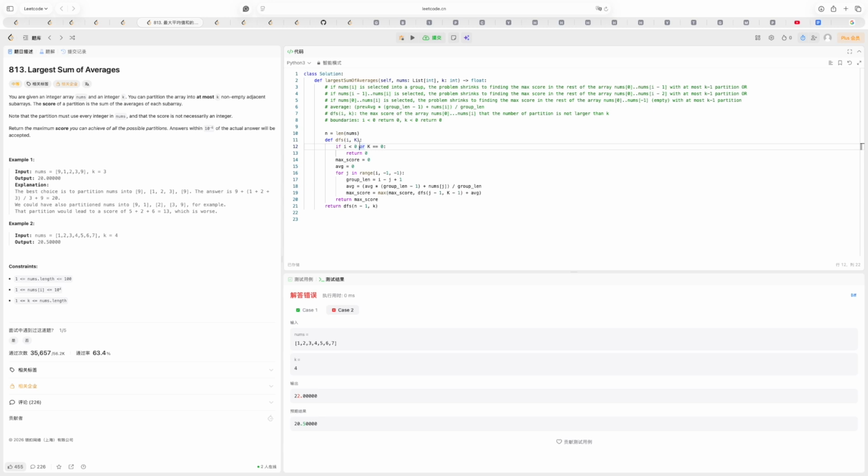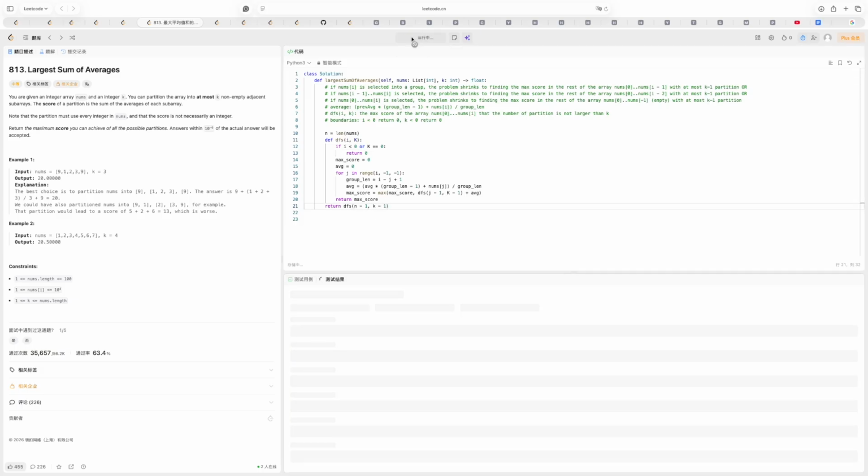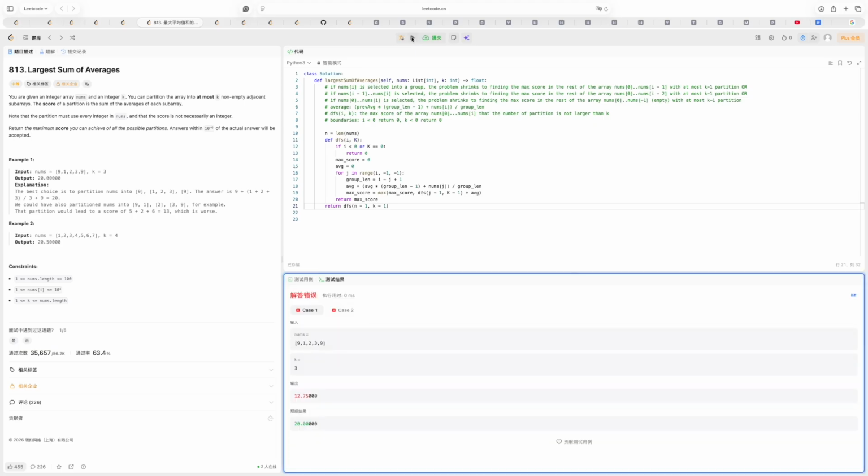But if k is 2, you can do 1. So I will say it's like this. No,